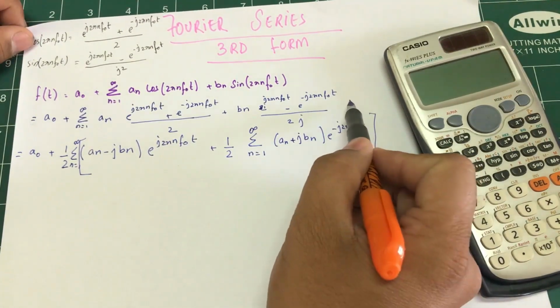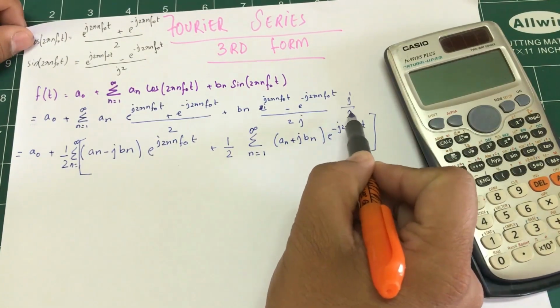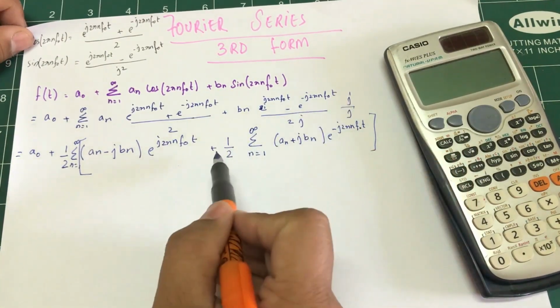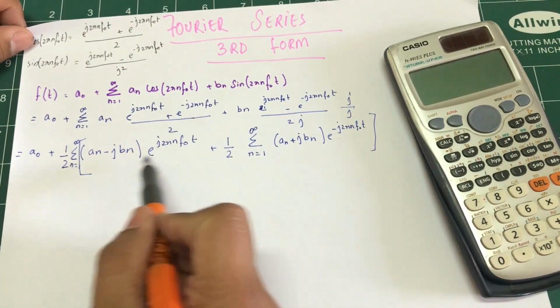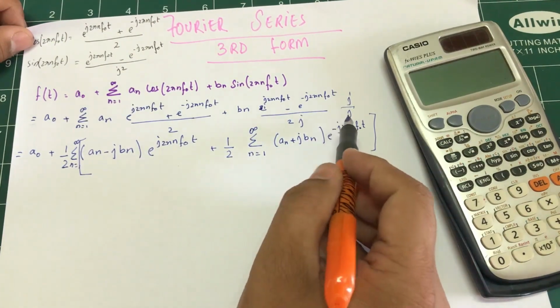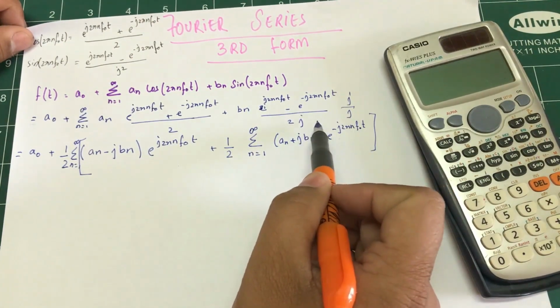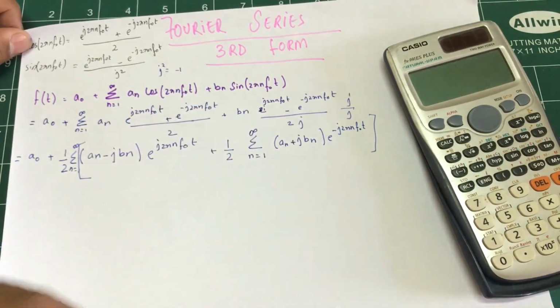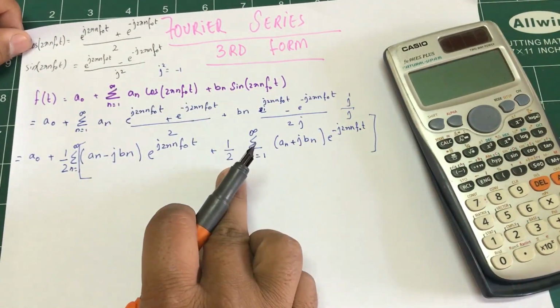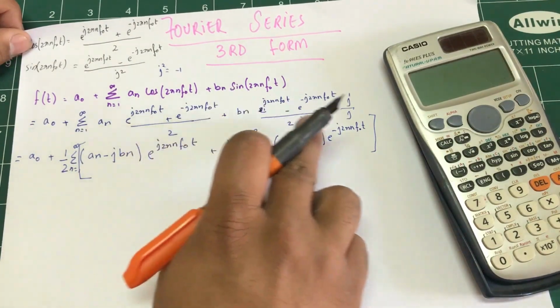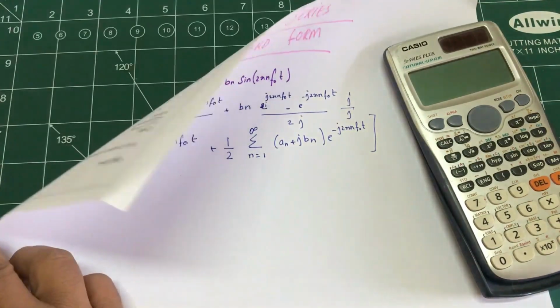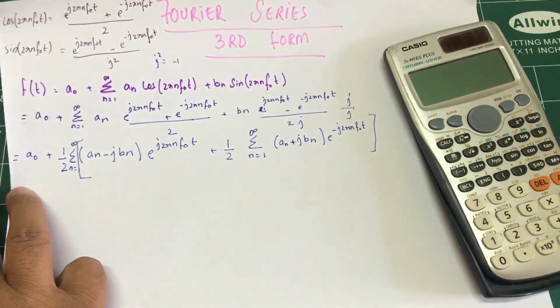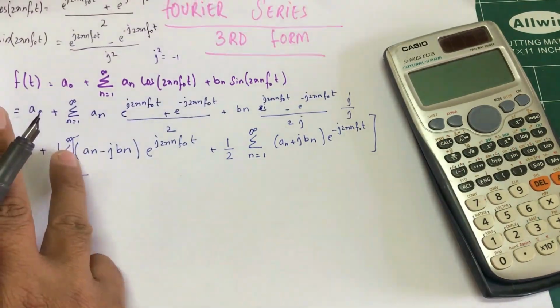So what I have done here is actually divide top and bottom by j. So the j, that's why you have on top, you have jbn. Also at the same time, because j squared, I know that j squared is -1. So that has changed to -1. That's why we have a sign -1 when I take that sign up. So it will become that negative. All right. So after this,